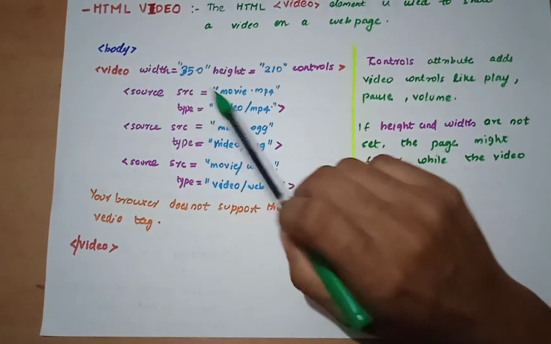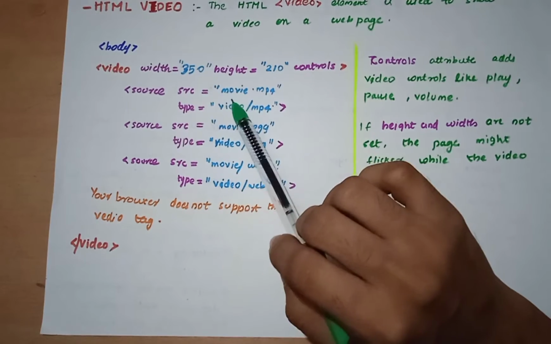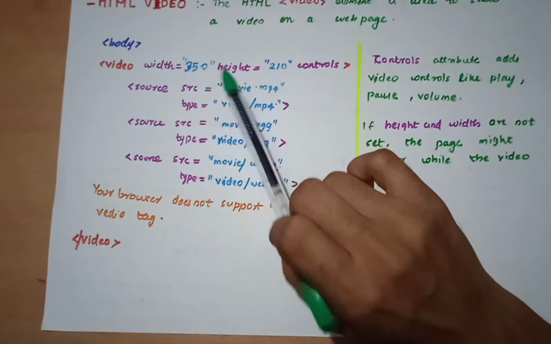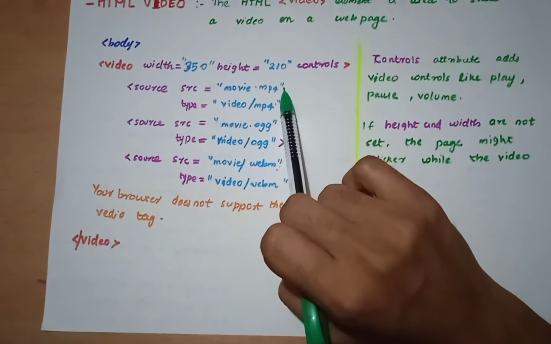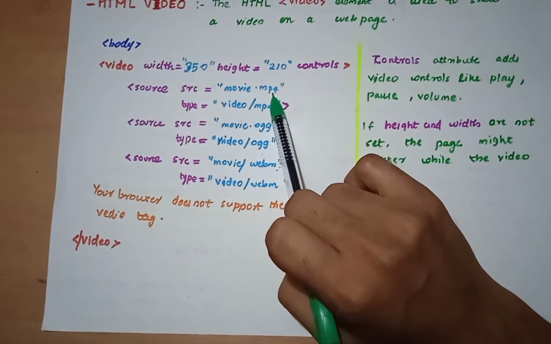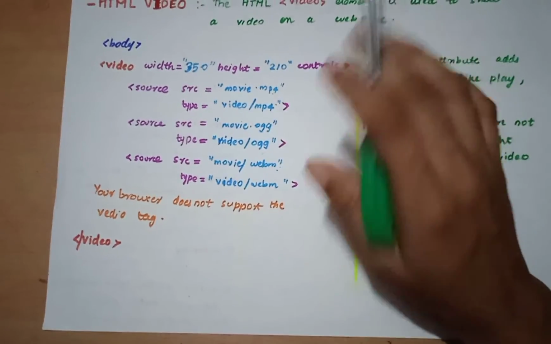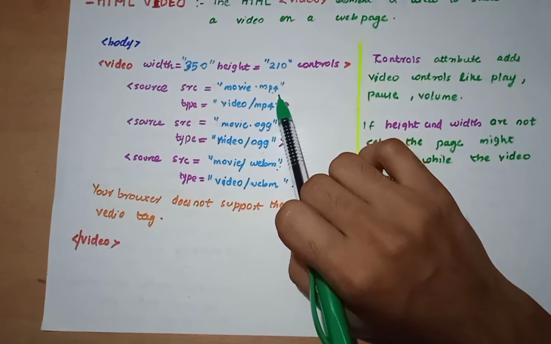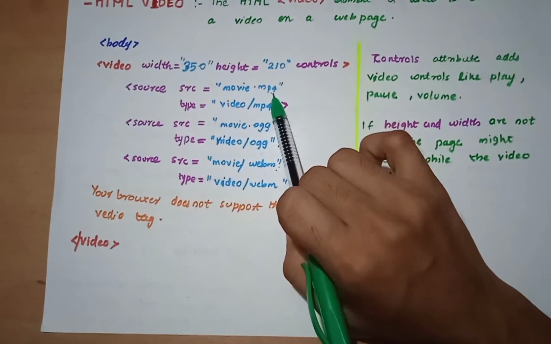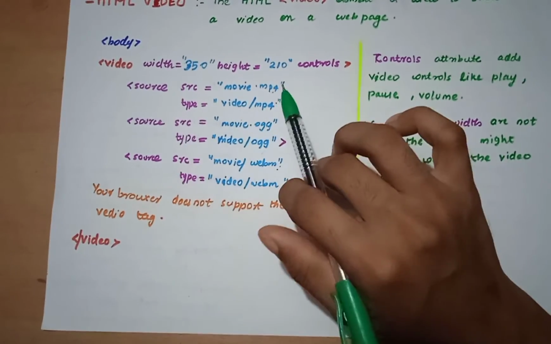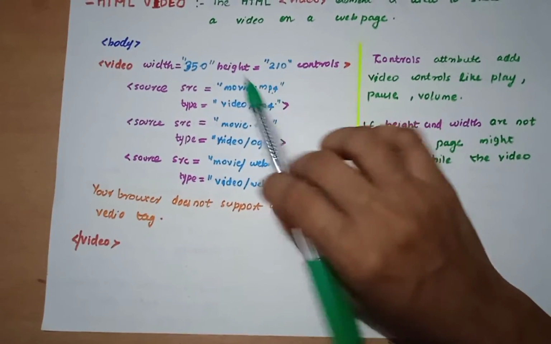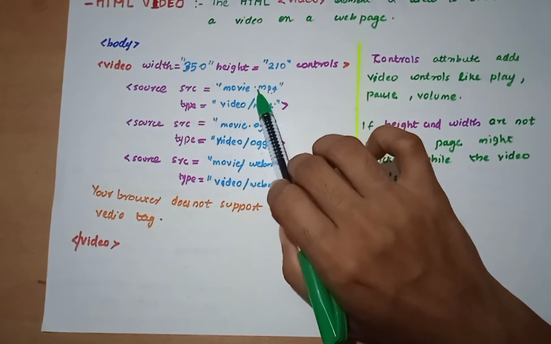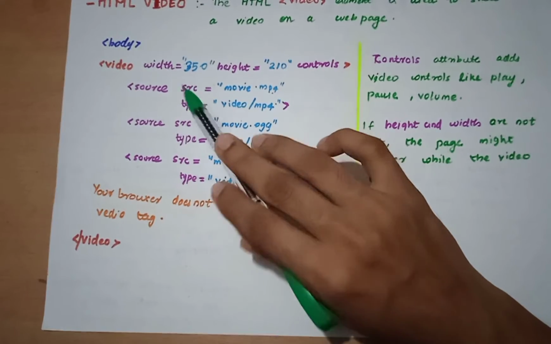So this is the representation, right? Like that we add our first video clip using the source src attribute, which means our source is movie.mp4. Sometimes, if you have saved it in some special place, you have to mention the path clearly, then only it will work. Keep in mind that sometimes it may not work because you haven't mentioned the path clearly. At that time you have to mention the whole path where the file is located. That's the thing that matters with the src attribute.